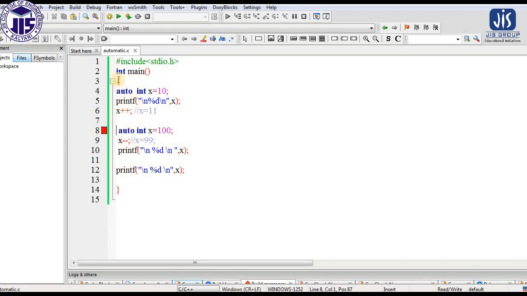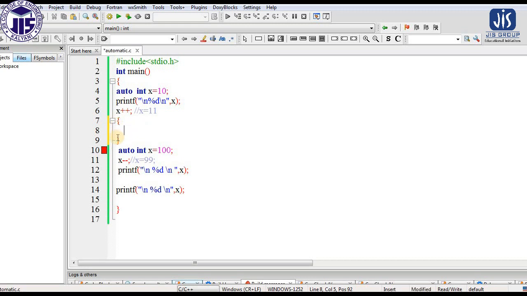scope. This parenthesis is basically representing the scope. So within the same scope we have declared two variables with the same name. So that is not possible. That's why we are getting an error. And whenever we are giving a parenthesis here,